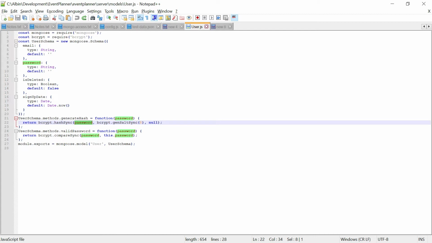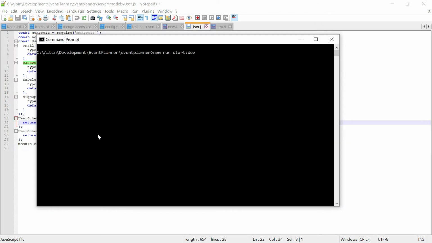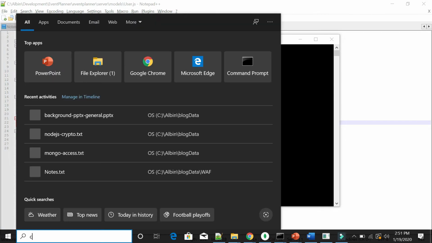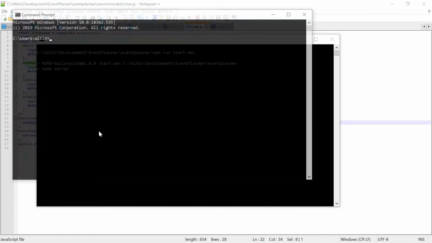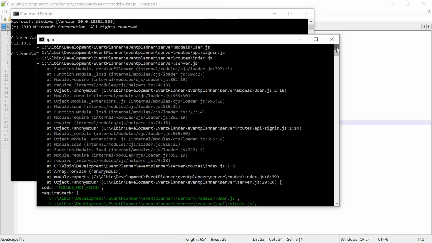But while I was trying to execute this particular code, I was getting this error. Let me show that. Yeah, so I am trying to start the server. Meanwhile, I am using the latest Node version. Maybe let me show you the version. I'm using, not the latest, but 12.13.1.